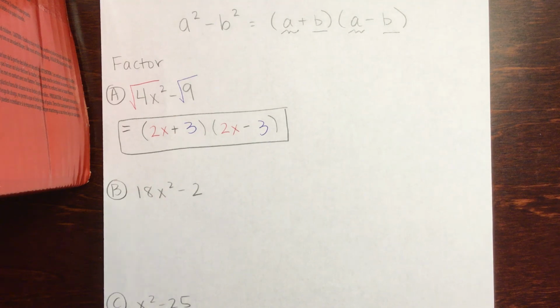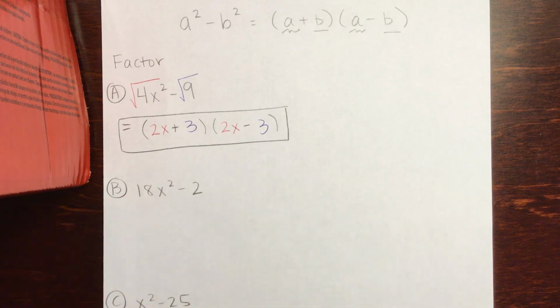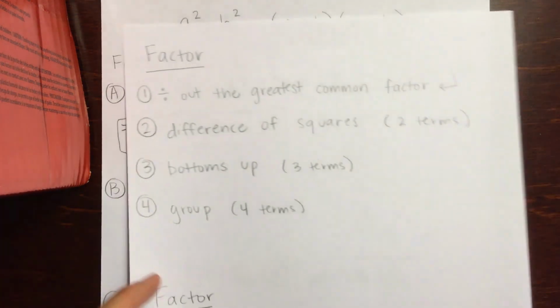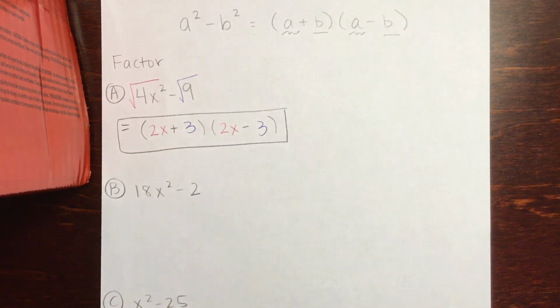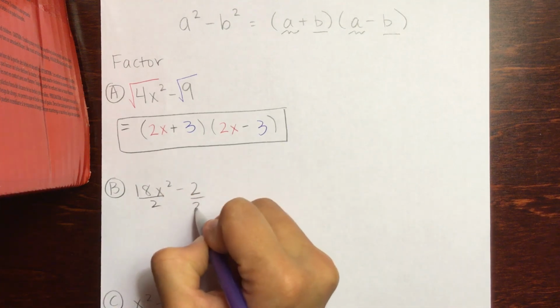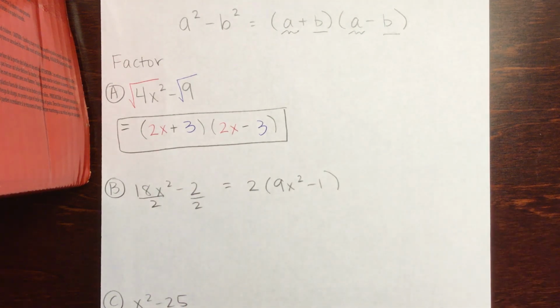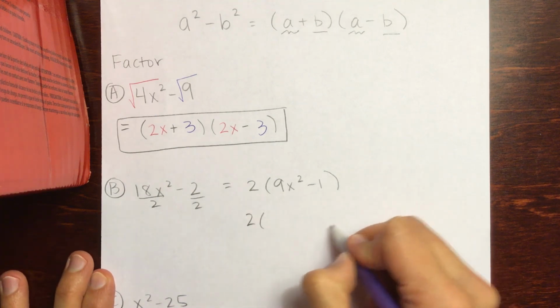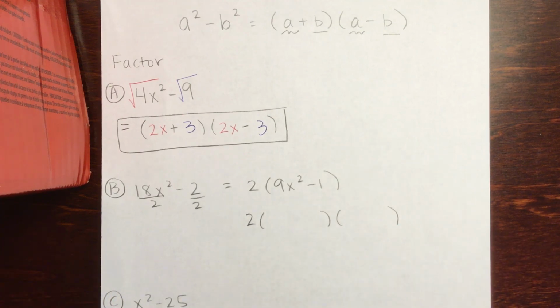All right, second example, 18x squared minus 2. You may be thinking, I can't take the square root of 18. But that is because I wanted to remind you, divide out the greatest common factor first. You can do multiple things when you're factoring. So in this case, 18x squared and minus 2, I can pull a 2 out. And now my 9x squared, I can take the square root of that. And my 1, I can take the square root of that. And I'm subtracting. So I can break this parentheses, this second factor,